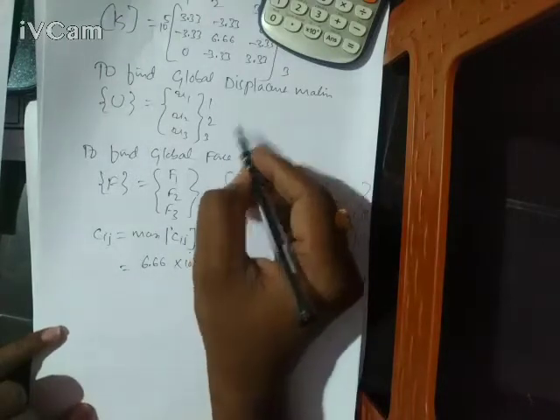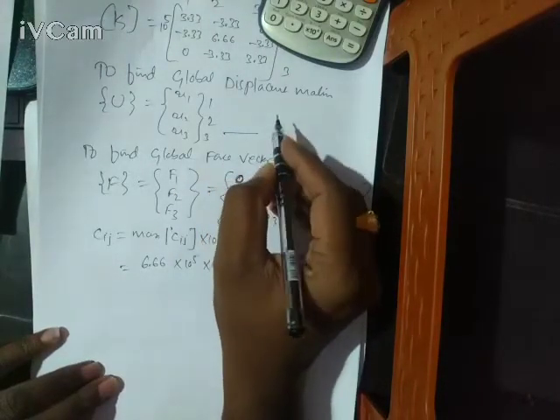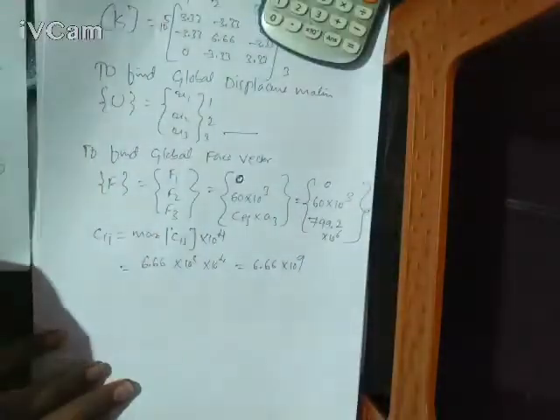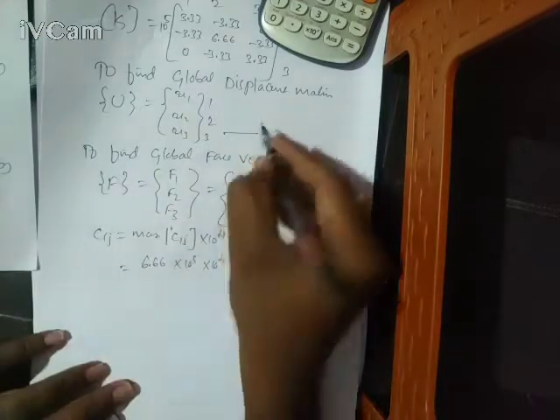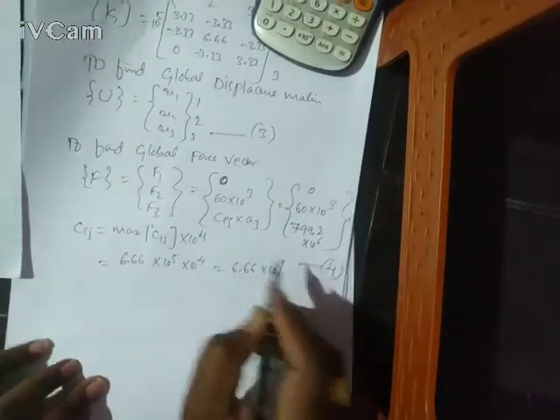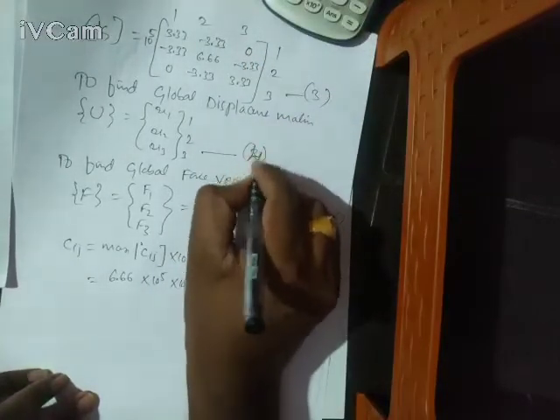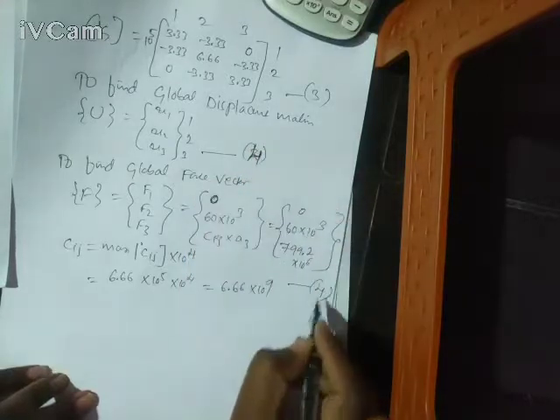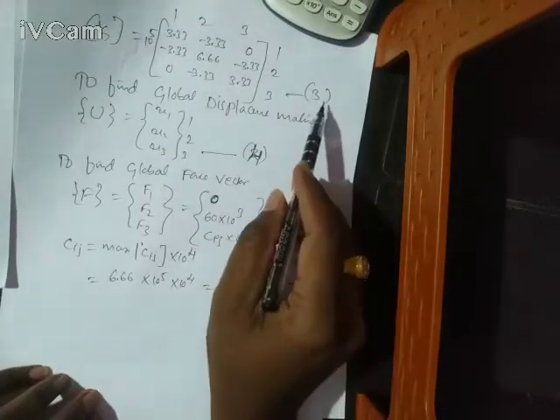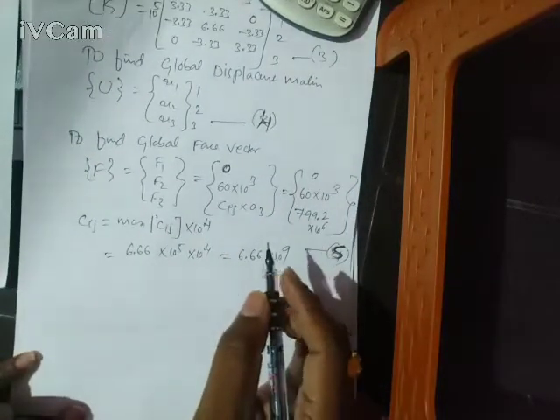Now I am going to call this equation as my, what was the last equation which I used? 1, 2 only I have used. Okay. So I am going to call this equation as 3. This I am going to call it as 4. And this I am going to call it as 5. So now I will be substituting equations 3, 4, 5 in equation 1.